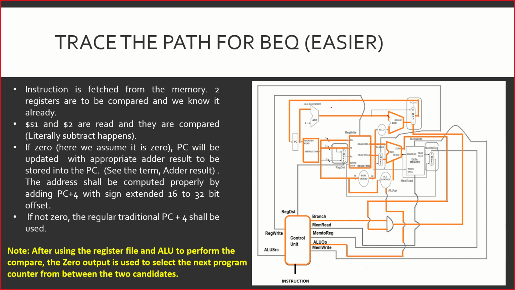Store word, I need to store the content into the memory location. BEQ, I am going to compare, and then if the things are equal or unequal based on the instruction, I need to navigate. For that, I need to make sure that I get the result out here as 0. If it is BEQ, it has to be 0. If it is BNE, it has to be non-zero. That's all. So you need to just trace it, and this comprehensive tracing is now done and dusted.